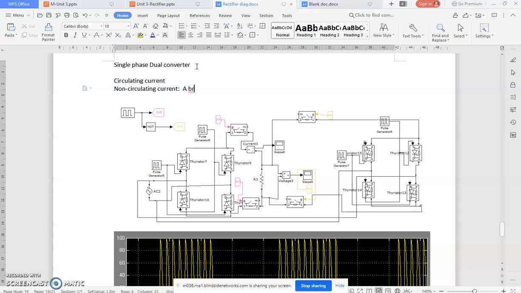A converter, break, then B converter. Similarly, next B converter is operated, after that again break, then A converter. So it works like that with a break. But what is circulating current? Circulating current means both are permitted to conduct, you can go both ways, A to B and B to A at a time. It is possible at a time. A to B current will flow, similarly B to A will flow.